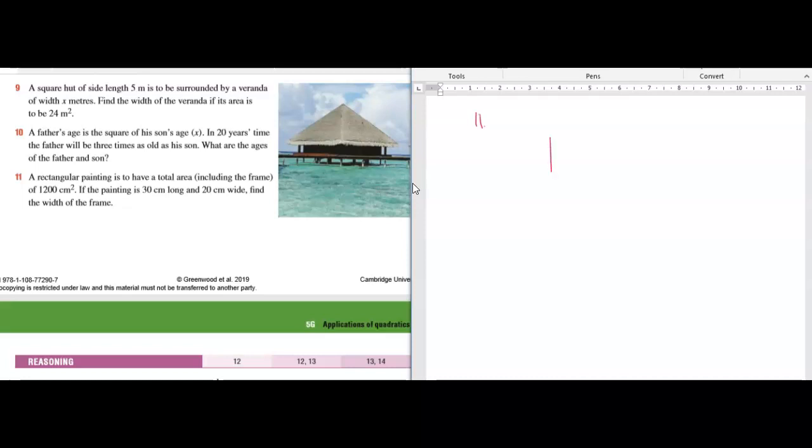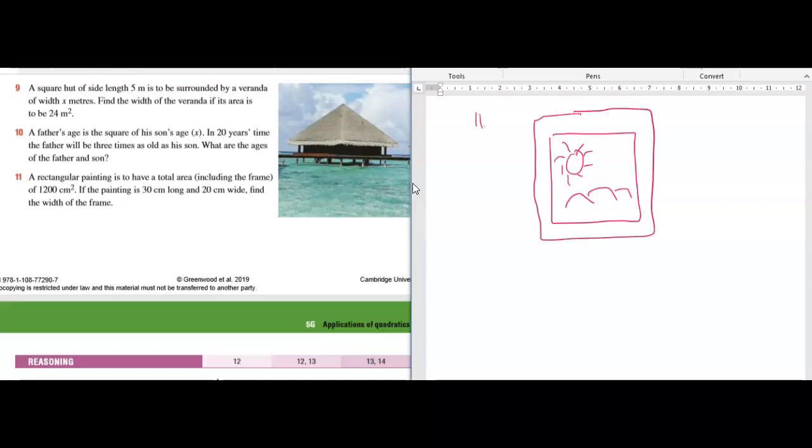So let's draw our diagram. Okay, so here's a nice painting of a sun over some mountains. And then we've got the frame going around it. Okay, so we know that the painting is 30 centimeters long and 20 centimeters wide. So this is 20 and this is 30. Oh, it's a terrible 3, but I might just fix it up a little bit. 30. And we know that the total area